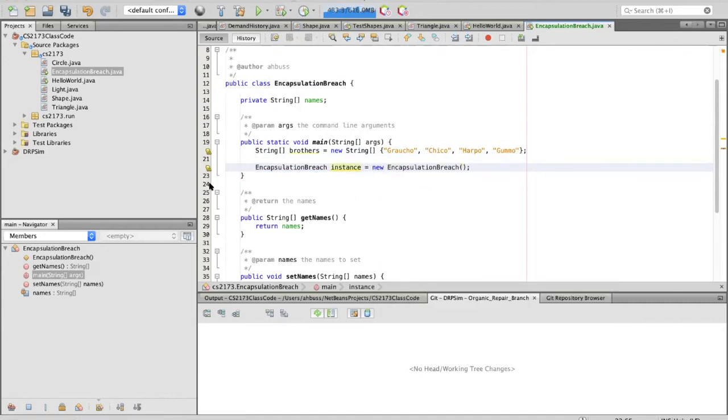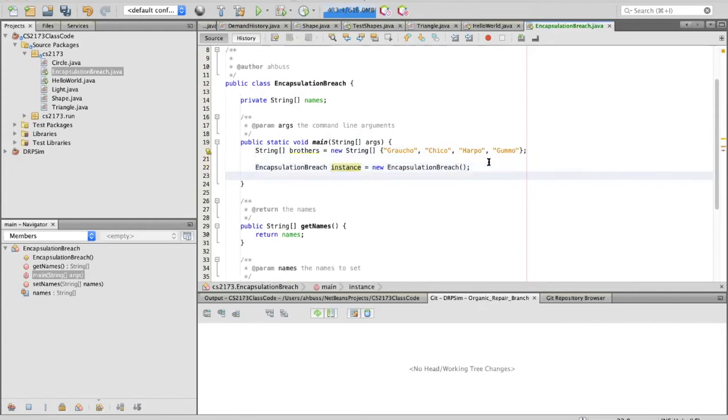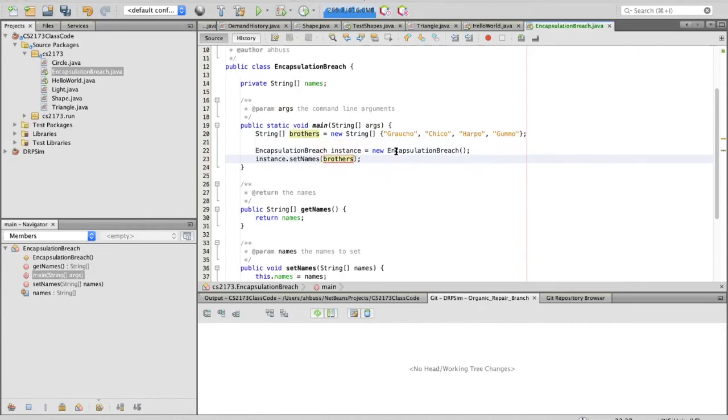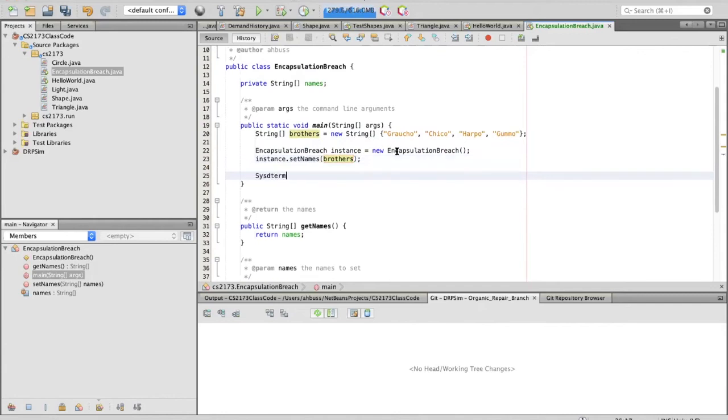Now I'm instantiating one of these objects. What I'm doing is I've set it, and now I want to see what is in there. And so I do that with a print line.